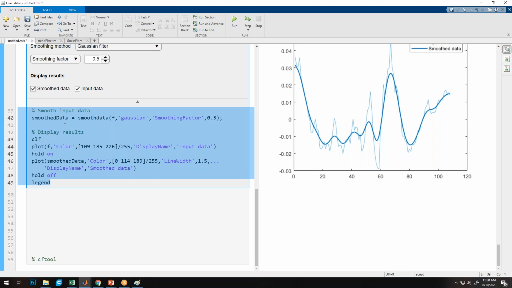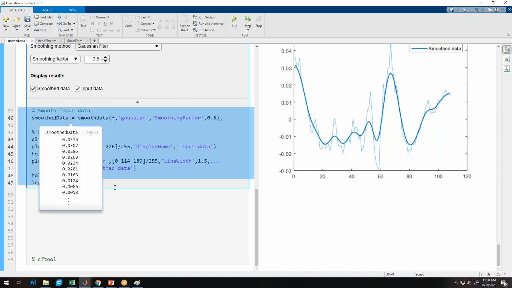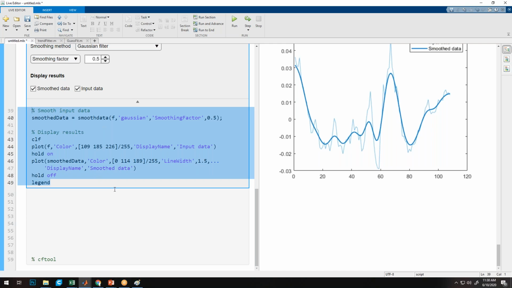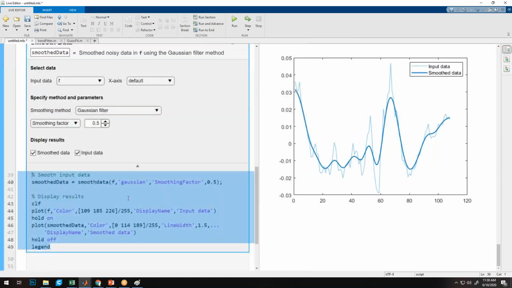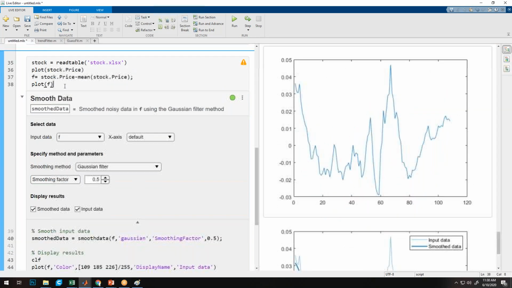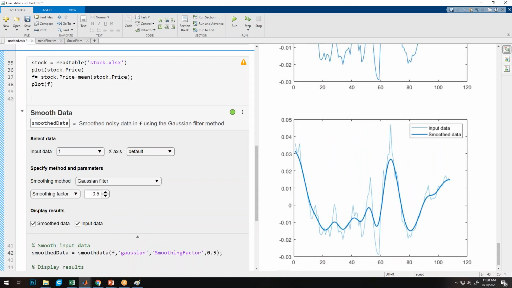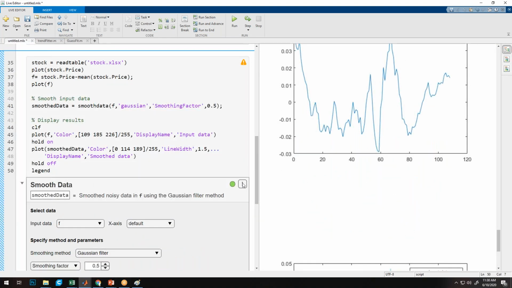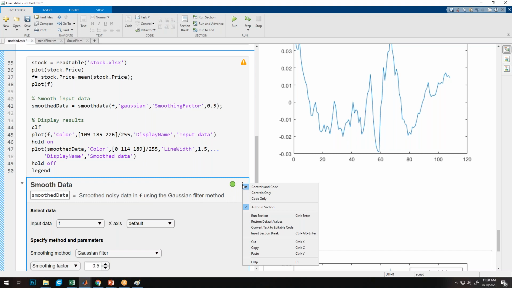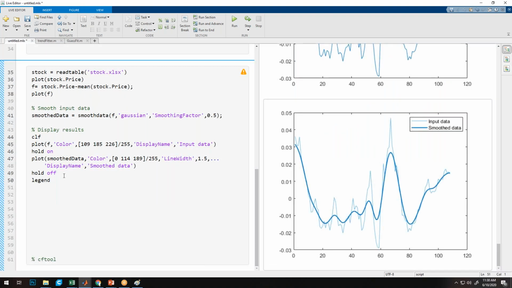That data is saved as smooth data. Now I'll use this code with Control C, click here, Control V, and I don't require this one, so I'll delete it. Now I got the code from the task, and now say I want to find out